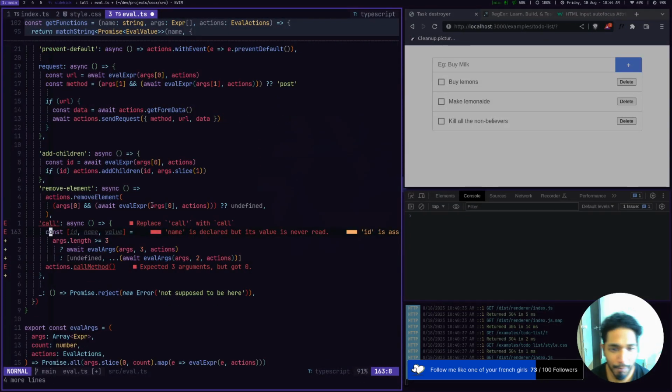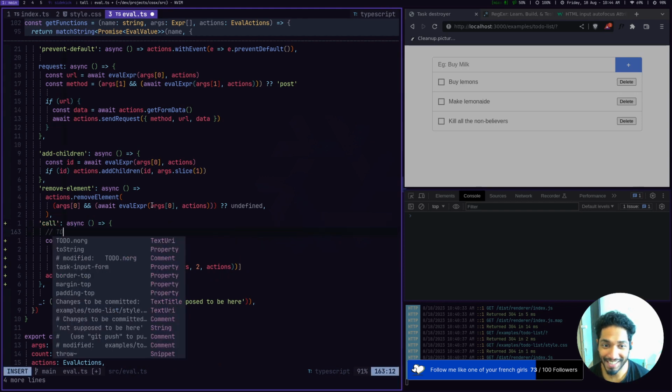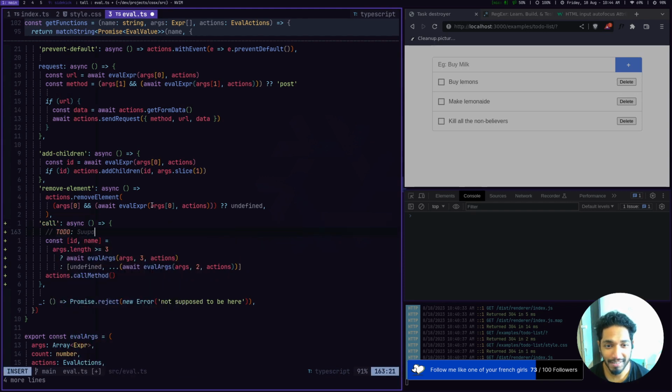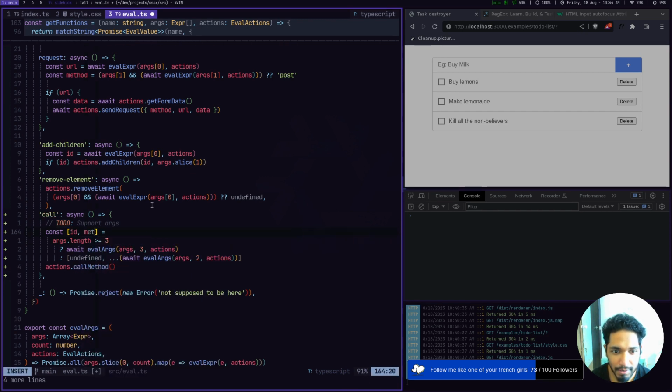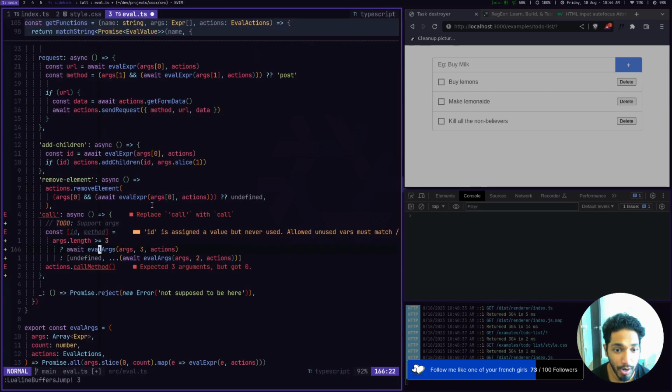Okay, for now, I'm not going to allow using arguments. I think that's the way to go for now. I just added a to-do saying to support args, method and ID. So it will only take either one or two arguments. So if it's greater than or equal to 2,